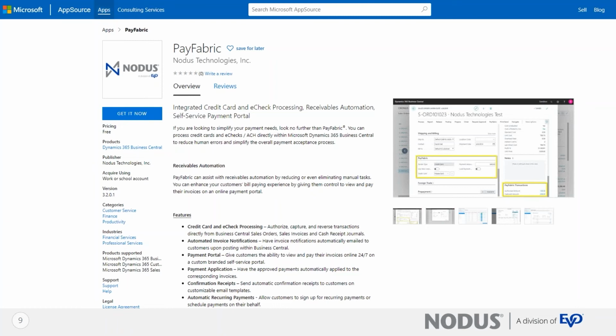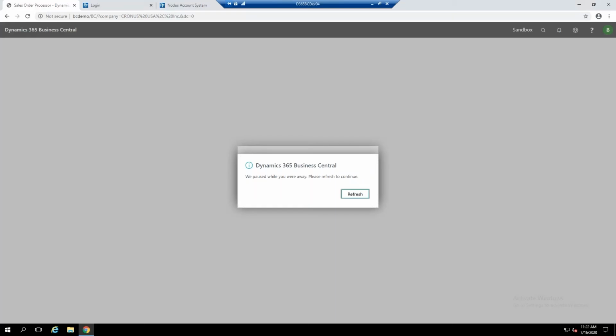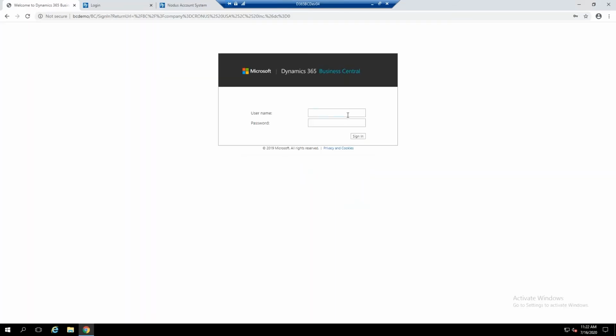So you can go to the App Store, microsoftappstores.com, and then you can view our application, even download it for there if you want to try it out. So let's look into that. What I'm going to do now is share my screen and show you from the Business Central side how the application works, and then I'm going to show you on the customer side as well. So inside of Business Central, if I log in,